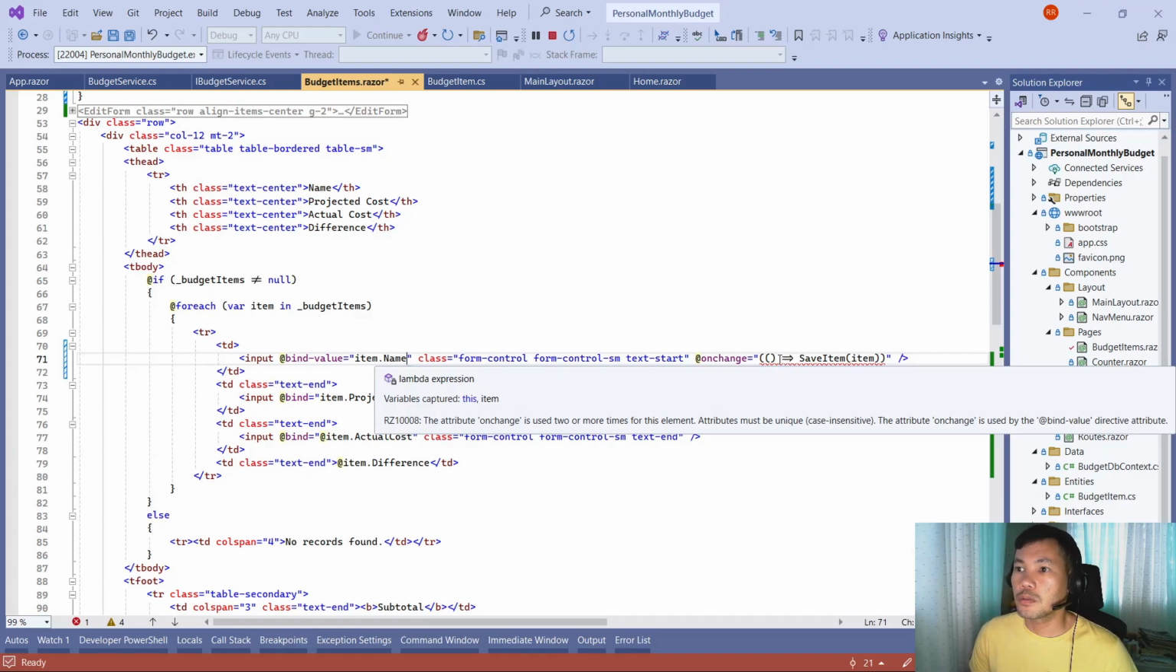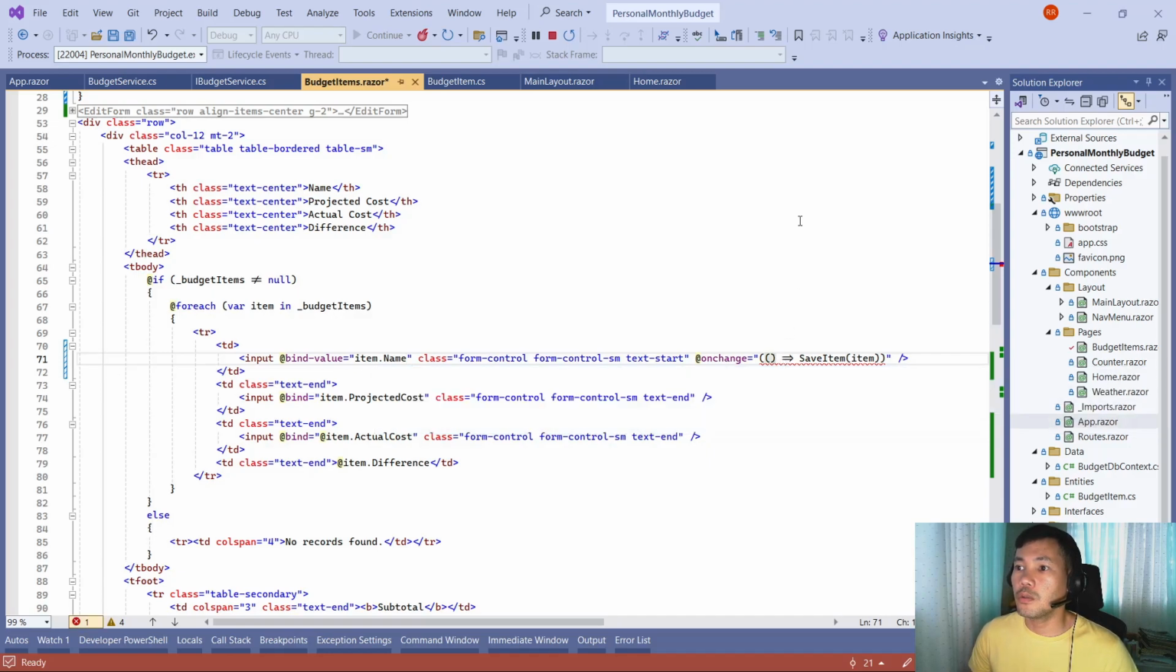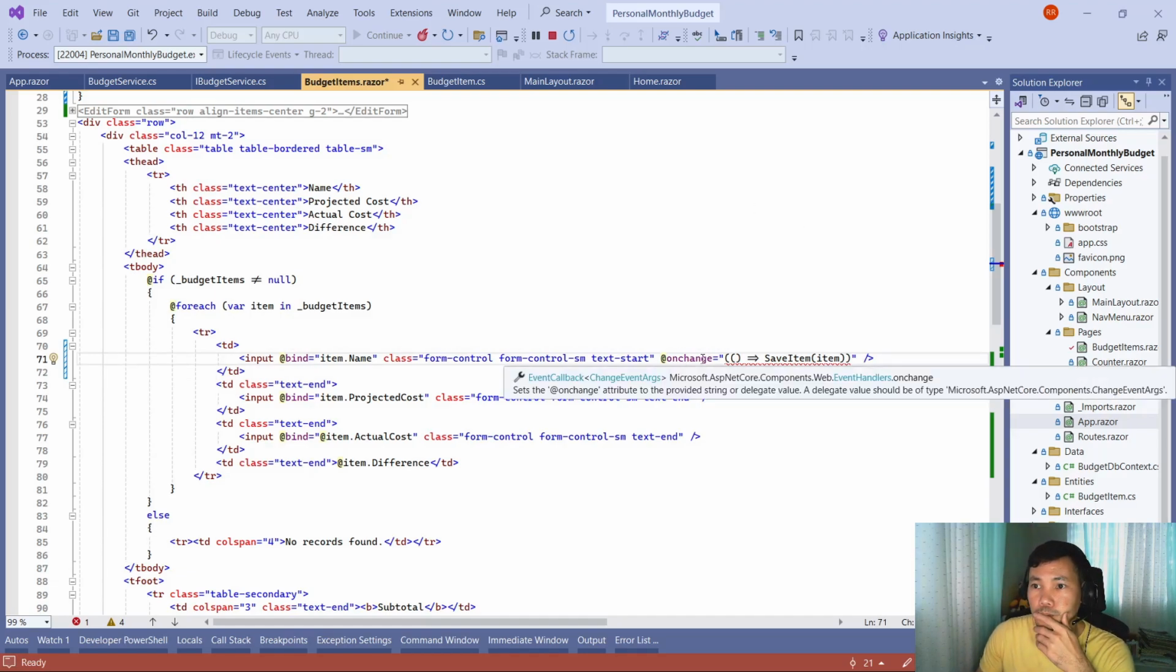So we can't do both? So what would we end up with? Just like that. Save item. It's not even possible. Anyways, let's just do that. Save us the trouble. Change. Yeah. So on change,